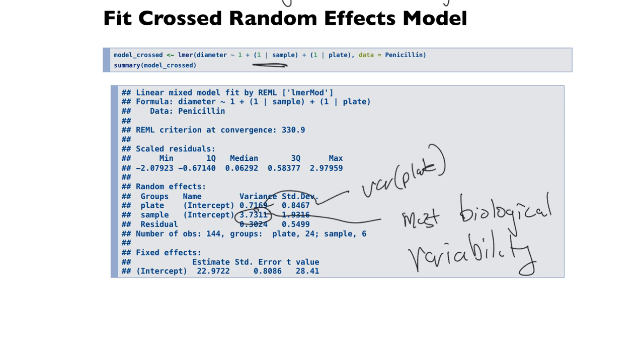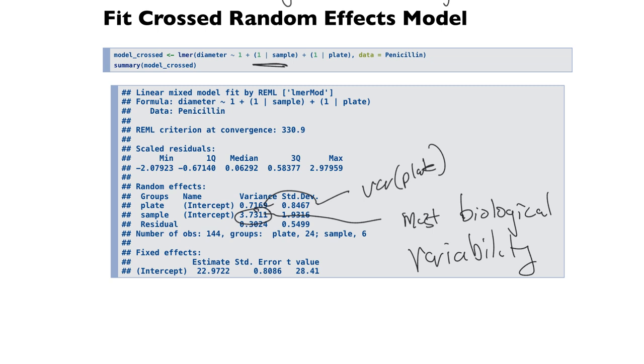Comparing these can give you some sense of quality control, right? QC. You can look at these and say, okay, I need to clean up how we're doing the plate, or I have to make sure the lab technicians are all trained in the same way so I get much lower variance due to them, right? You can use this to sort of guide your experimental process if you see errors that are so big you're not able to look at